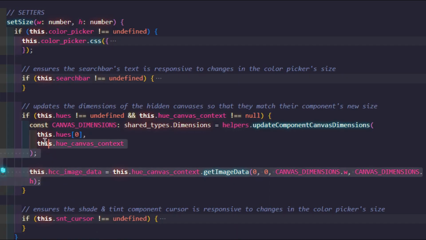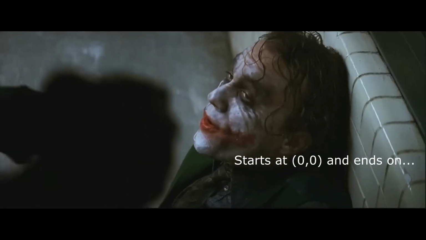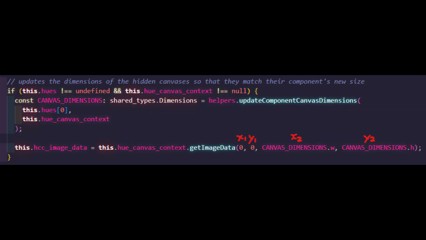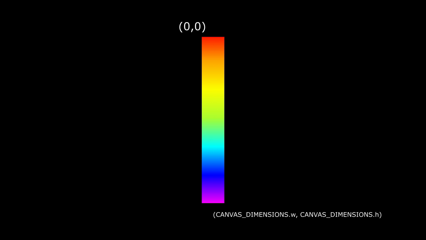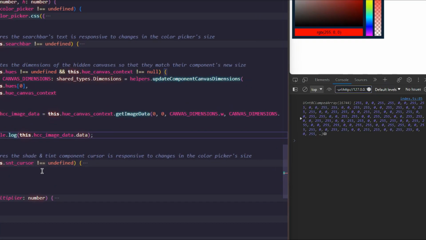These dimensions are passed to one of the canvas's API methods called getImageData. Remember, the image or graphic in this case is the hue gradient. The method wants to know which pixels of the gradient to read, so it asks for an area on the gradient. The area is given as a rectangle. This is where the dimensions come in. Since I wanted to get the data of all the hue pixels on the gradient, I gave the method the area of the entire canvas. In return, it gives me the RGBA values of every pixel on the canvas.